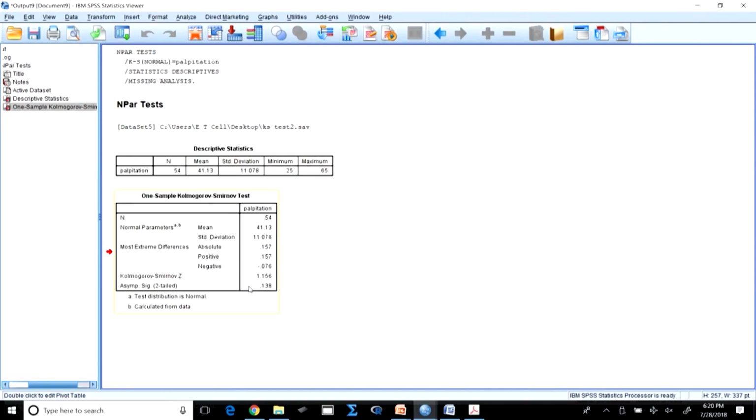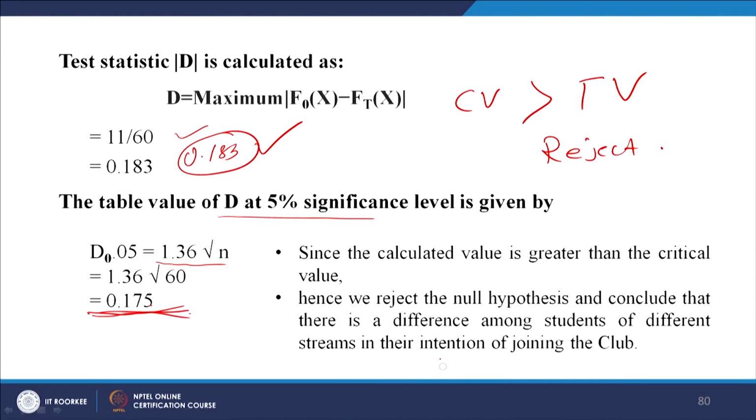Similarly, here when you talk about the significance, if it is high, more than 0.05, that means we assume that this data is normal data, and not non-normal. So, the normality assumption is accepted. That is why in the KS test we want the significance to be more than 0.05 if it is a 5% level of significance. So, that is coming true. This tells us that the data is normal. So, the KS test is largely used for checking this normality, and it is a very useful test, and you can do it yourself. With some new data set you can take a data set and run it, right.